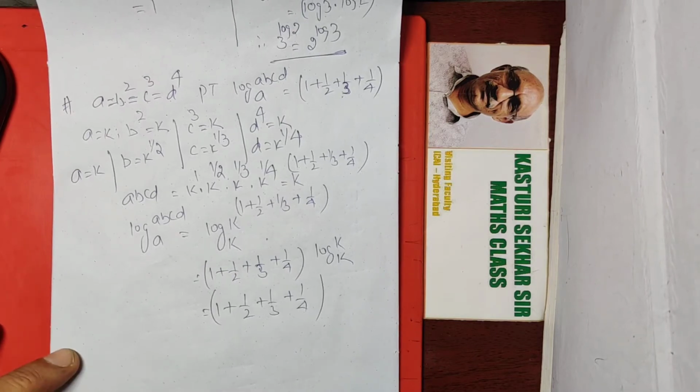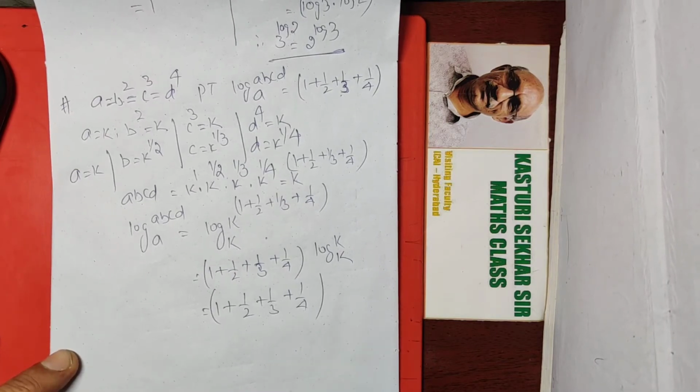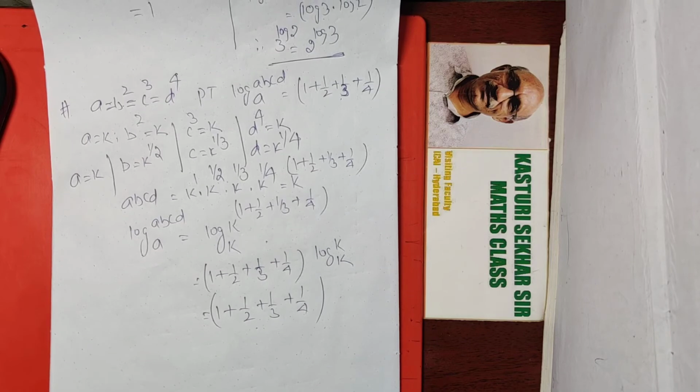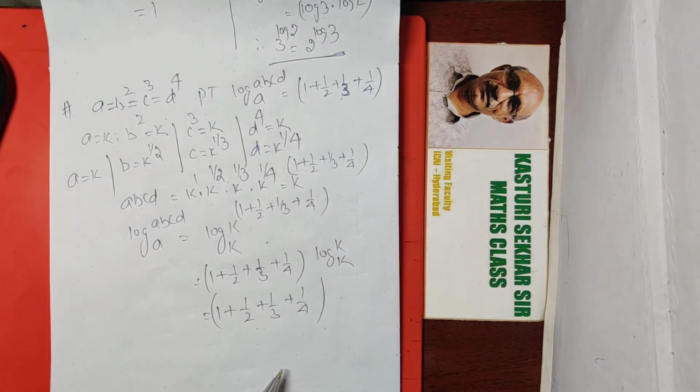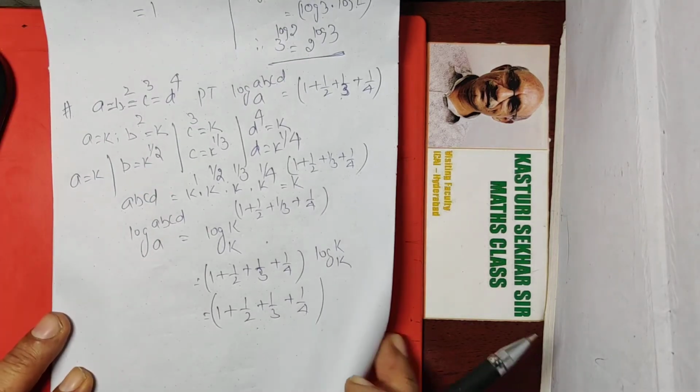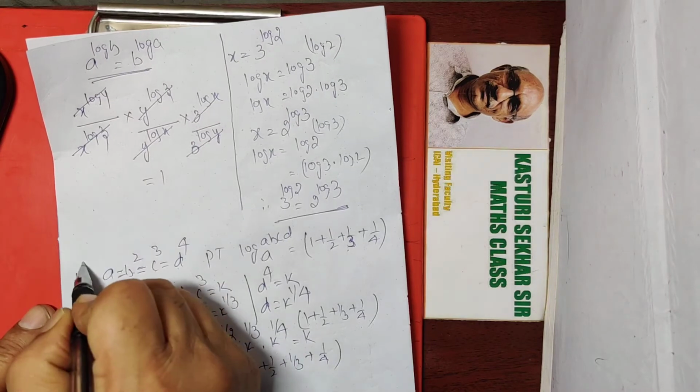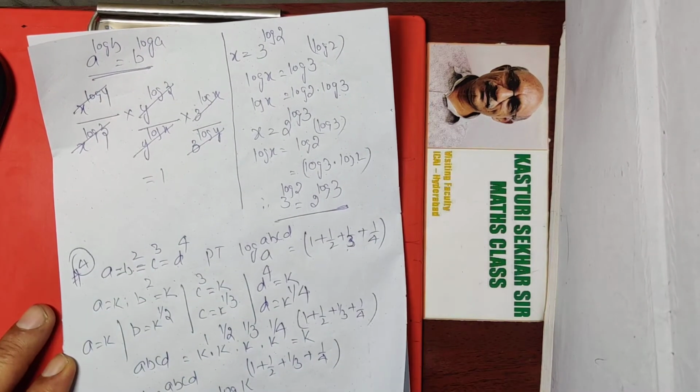For CMA students, it may be proved that, and for CA students, it is options. This is option A, something else option B, somewhere some more options are given. You have to identify which option is this one, that option you have to select. Okay. Now, this is question number 4. Let's go to next question, sir.